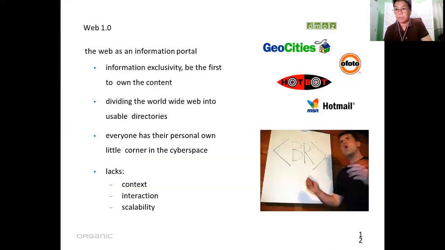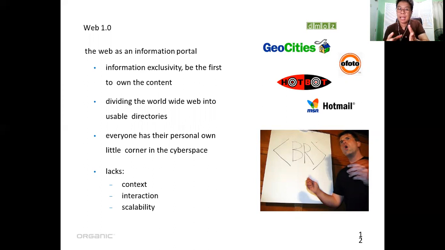Okay, first, of course, in the history, Web 1.0 is known as the web of portals. The web was known only as information portals, and information became exclusive only to its own contents. So we divide the World Wide Web into usable directories, because a portal has directories. Everyone has their own little corner in cyberspace.